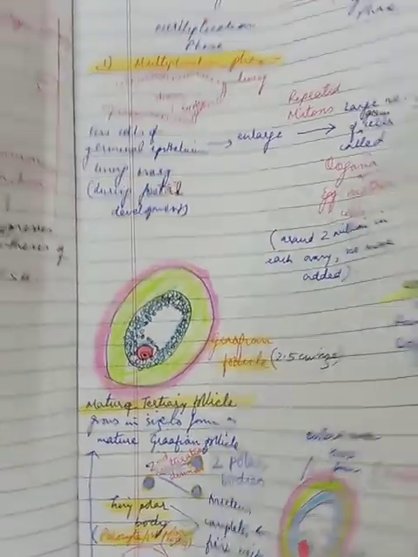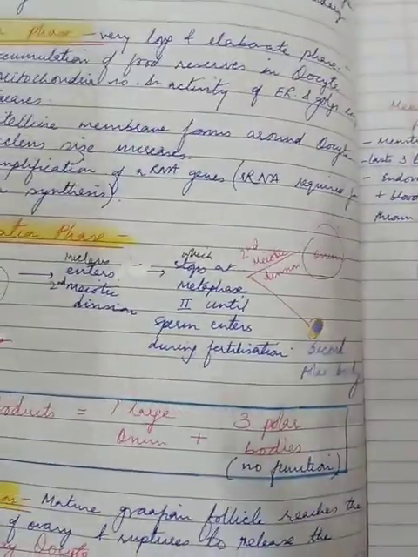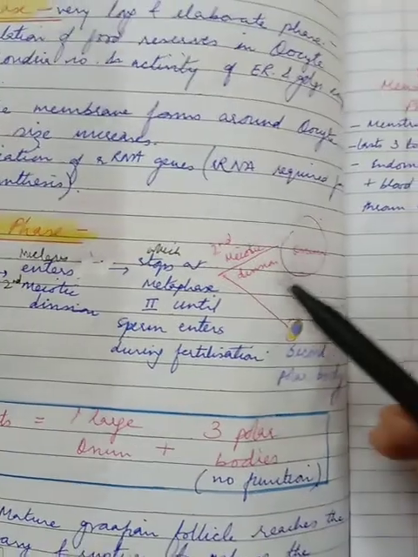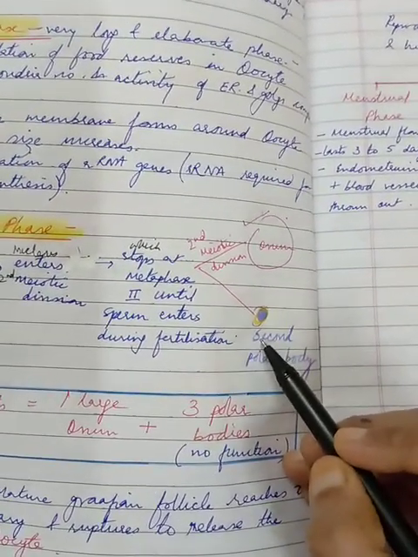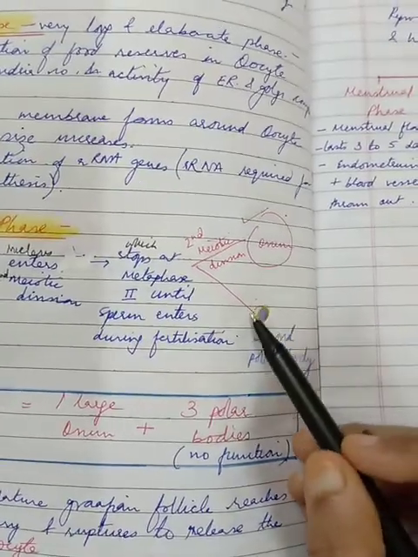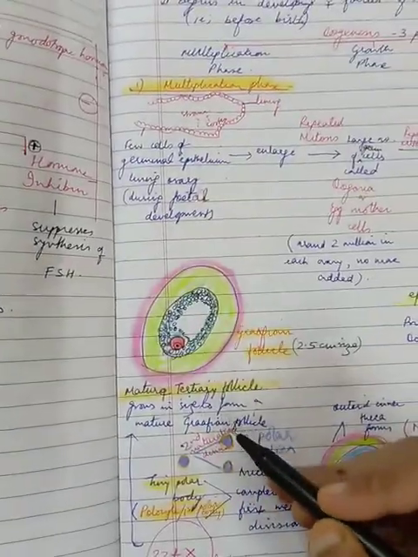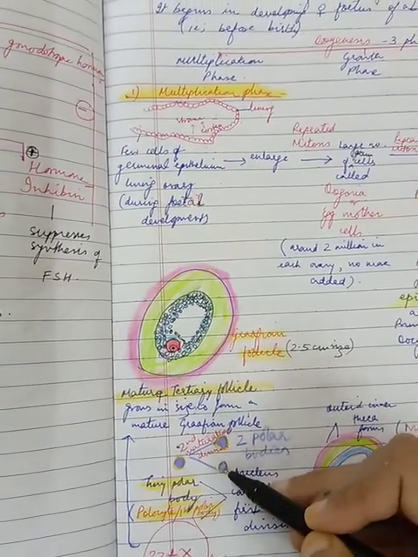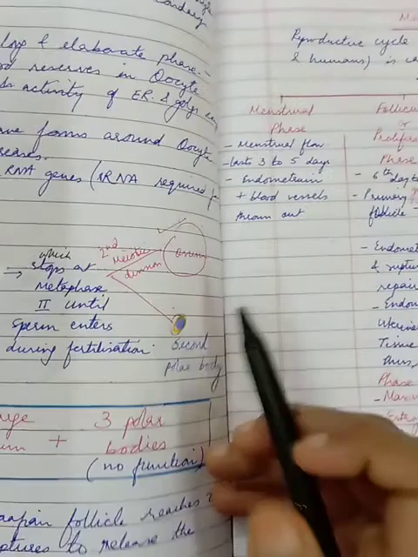So what is the end result now? Ultimately, as we end up the oogenesis, what are we left with in hand? We now only have an ovum and three polar bodies. How come three? This is number 1, the second polar body, and these are the final polar bodies, which are 2 in number. So total 1, 2 and 3.